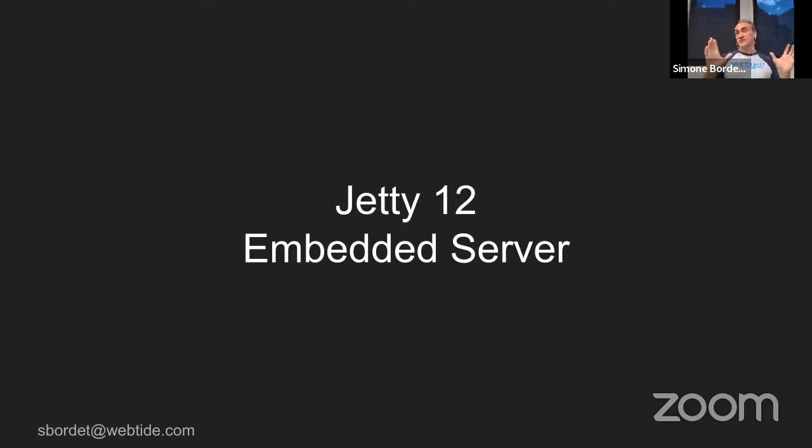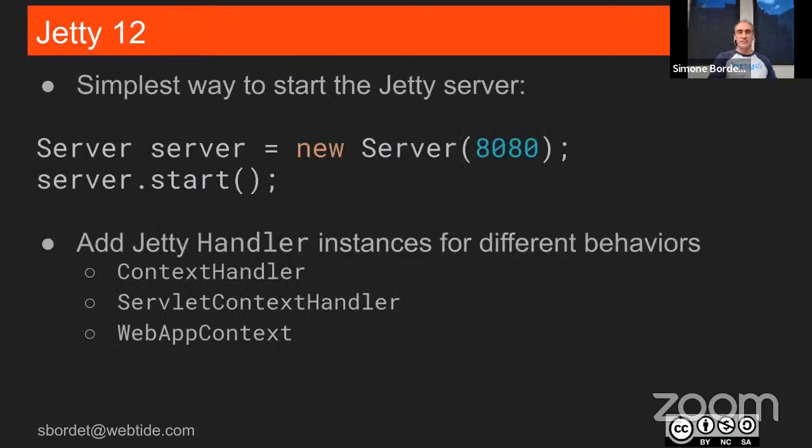Okay, so that was about the standalone server, right? So you download the jars, the zip, you install the zip somewhere, you drop your web application into the webapps directory, start the server, it runs. Or you can use the Jetty libraries embedded in your application. So you can just write a main class and just use the Jetty library embedded. Here's two lines to start the Jetty server on port 8080. And again, what this does is absolutely nothing. It just replies 404 to every request. But you can add what we call Jetty handlers to create different behaviors and drive your own web application.